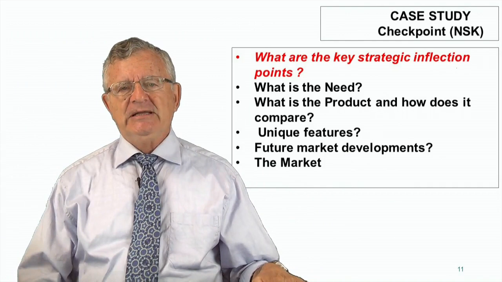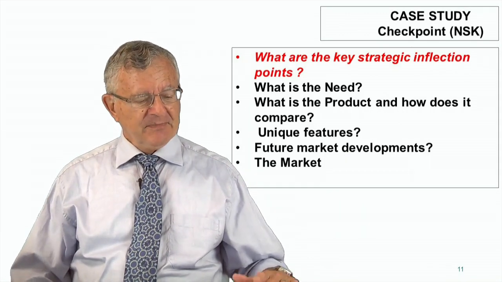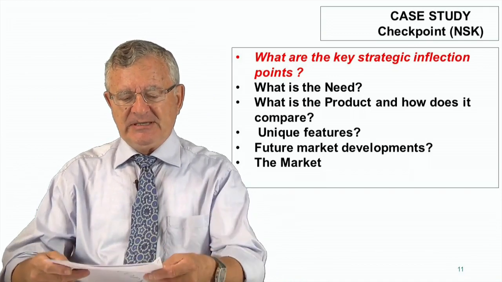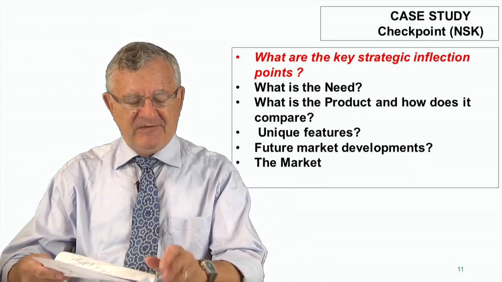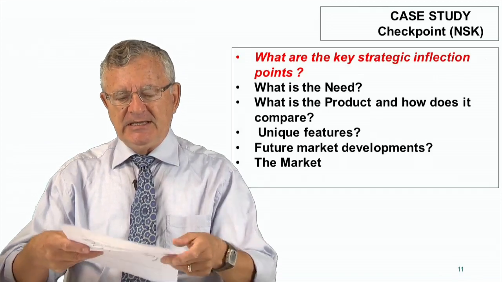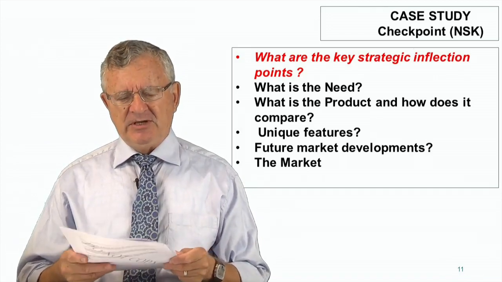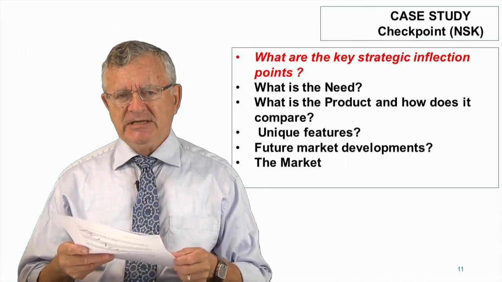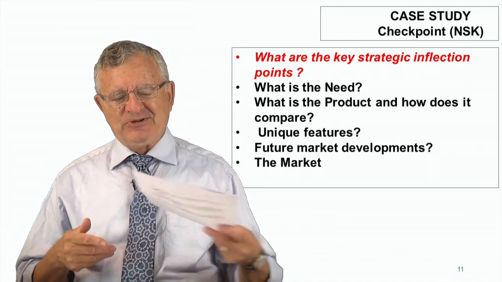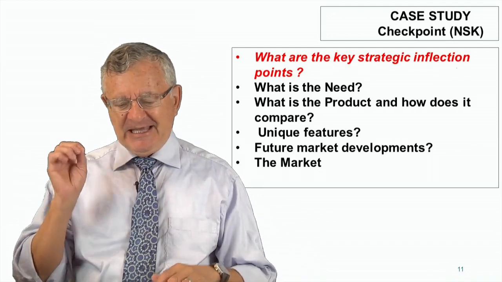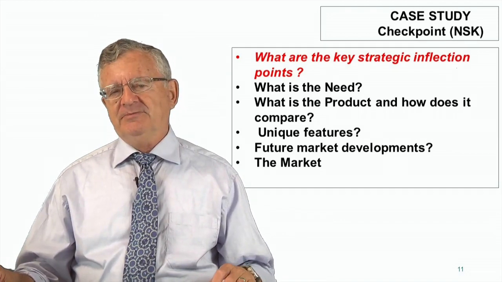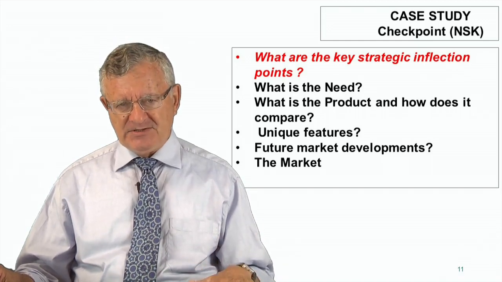So I have two case studies, two business plans in front of me here, and I've mentioned them earlier in one of the previous tools, and they're very different. One of them is the business plan used by the founders of Checkpoint to start a great market-leading company, now worth over $10 billion in the market value of its shares. And this is a dry, boring business plan, very short, 12 pages, but excellent because it does the job and it got the money to start the company. And it has 5 parts.